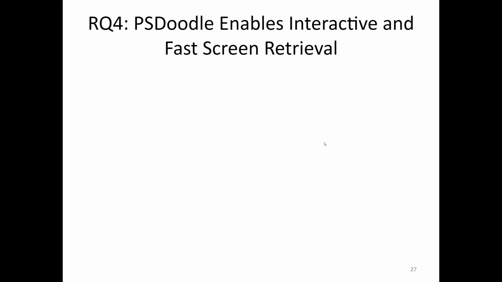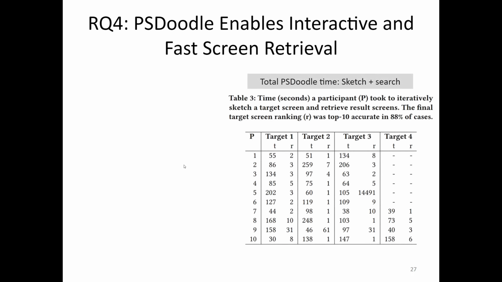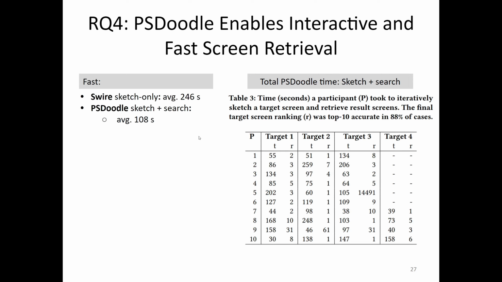For the research question, we are going to visualize how our tool is interactive and fast compared to the state of the art. So this is the sketching time for these 34 sketches by the participants. The average time for PSDoodle is 108 seconds, where SWARE is 246 seconds, which shows that PSDoodle is twice as fast as